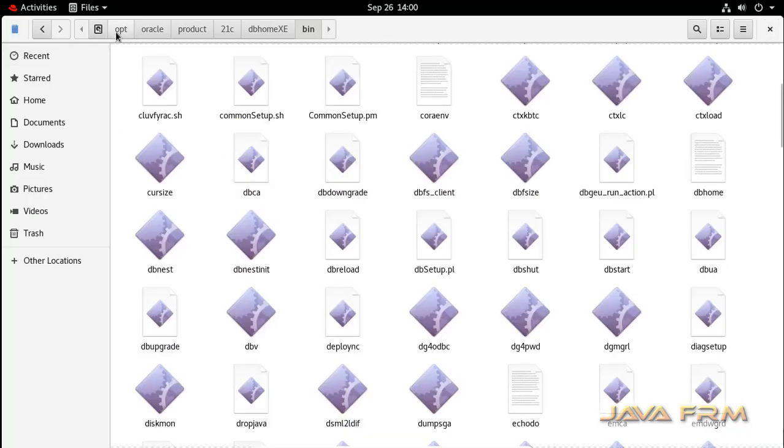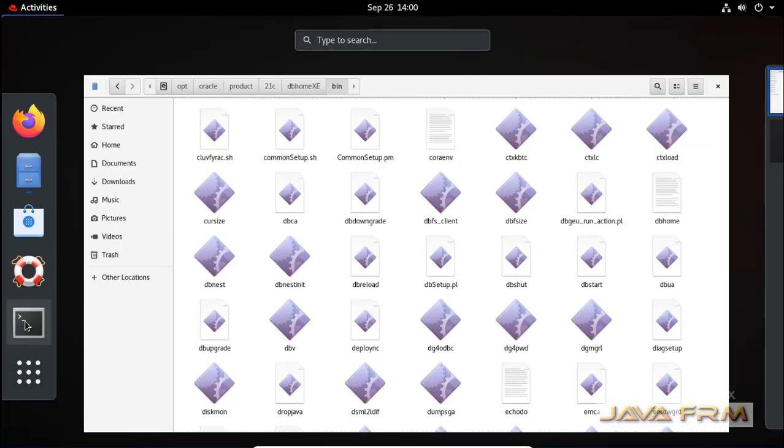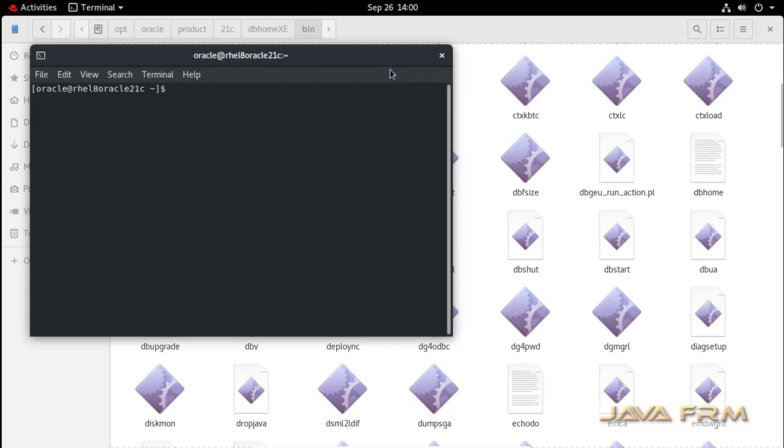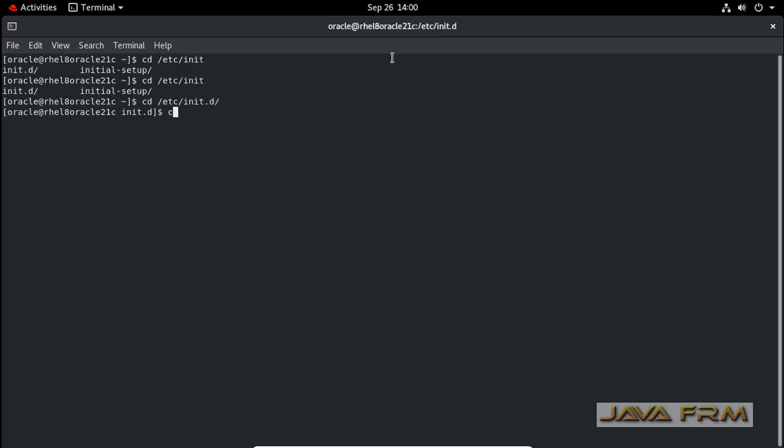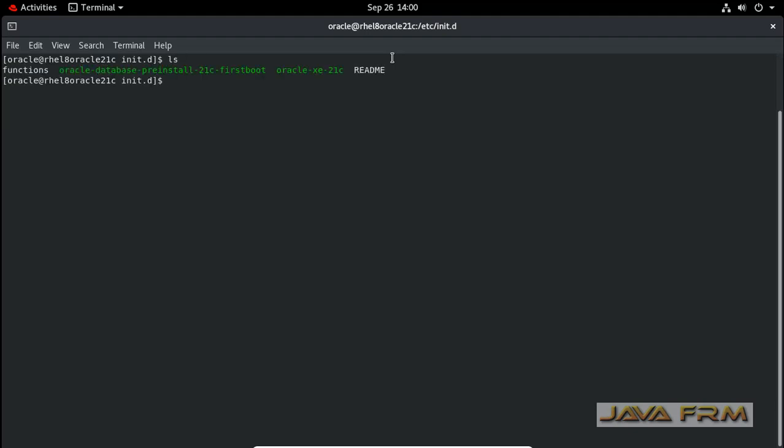Okay, so everything is done now. Before I restart, I am going to go to /etc/init.d. Linux users already know that the init.d directory is used for installed services. Here you can see that Oracle XE 21c is installed as a service.